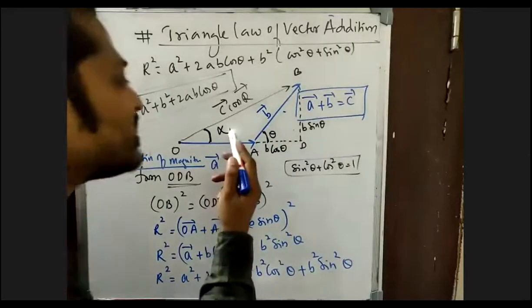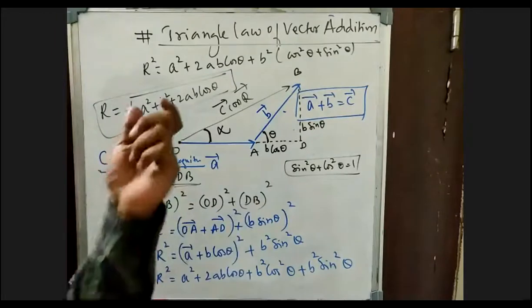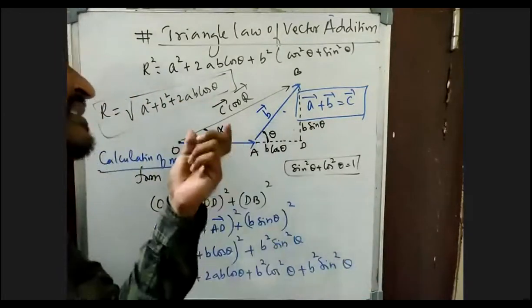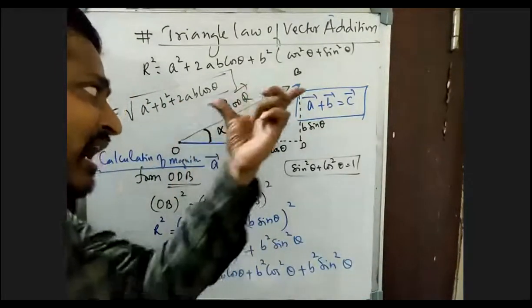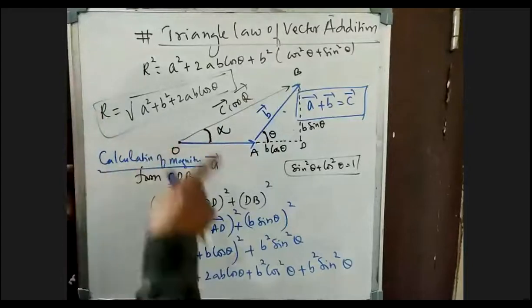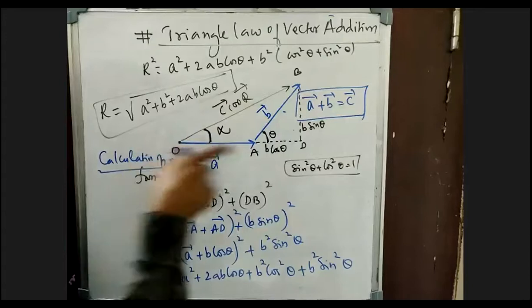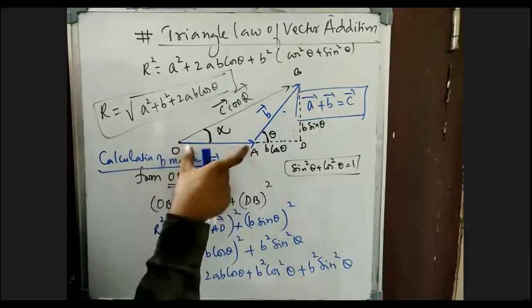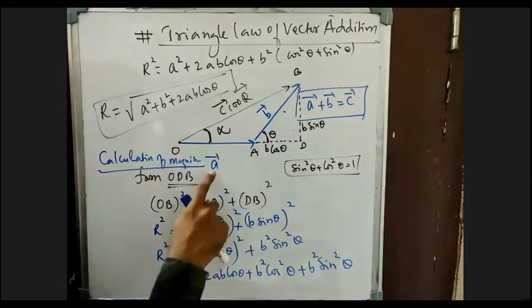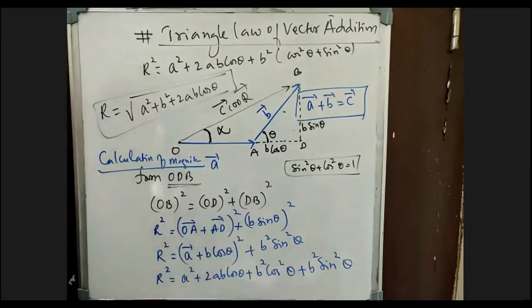Now, what is alpha here? Alpha is the direction. Alpha is the angle made by the resultant vector with the first vector. See, this is the resultant vector R bar. This is making angle alpha with which vector? The first vector, that is nothing but your A bar vector. So that gives me the direction. Let us try to calculate the value of alpha from the triangle.